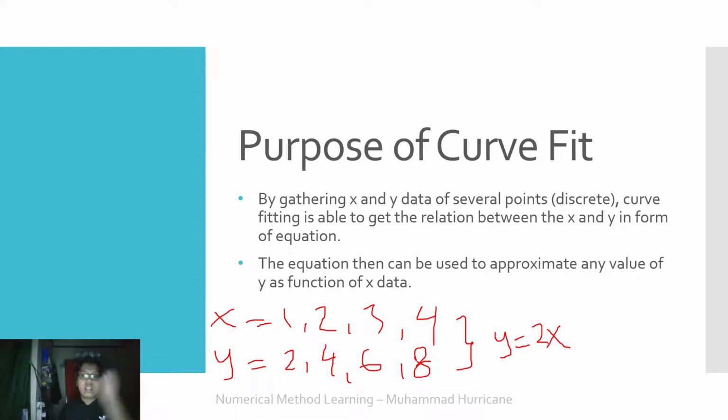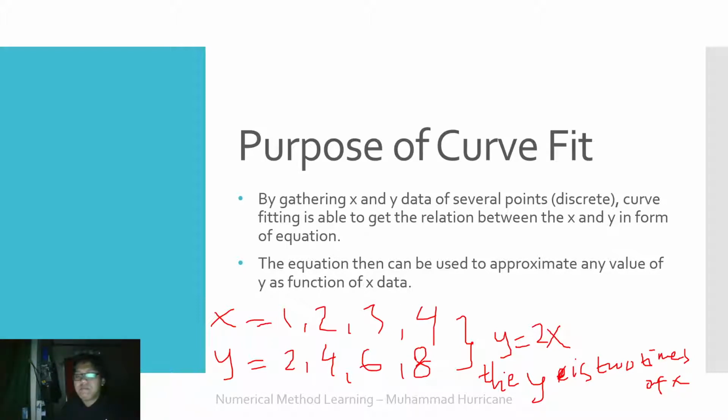So the relation is y equals 2 times x, something like that. This is the relation. Or when we say y is 2x plus 3 and so on, it's also